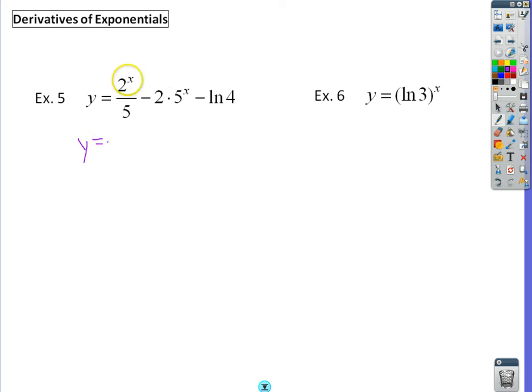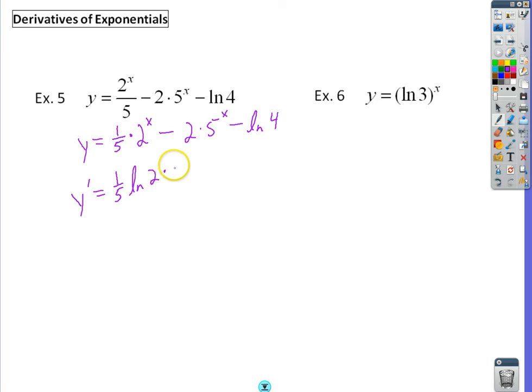So again, when I see this, I need to see this as, hey, I can break this fraction up. I can make this 1/5 times 2 to the x minus 2 times 5 to the x minus ln of 4. Now I go y prime. Now I have a constant times a function. So again, constant, leave the constant alone, times a function, derivative of the function, natural log of 2,